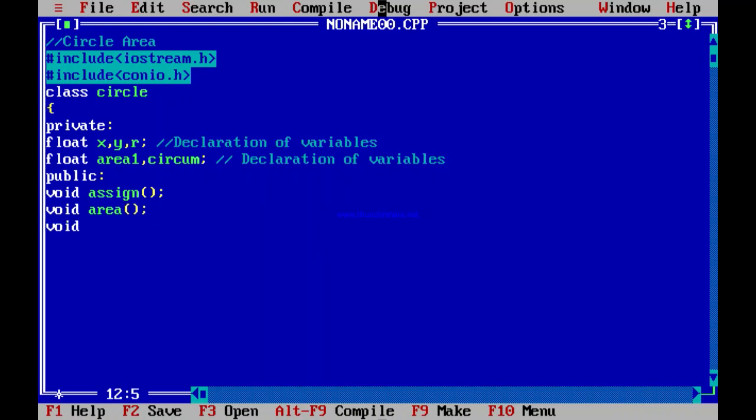Then the third function that I am going to declare is circumf. And one more last function, that is print. These are the functions we require: assign, to assign the values for the variables; void area, to calculate the area of circle; void circumf, to calculate the circumference; and void print, to display the result. All these are nothing but the declaration of functions. So I write, declaration of the function.